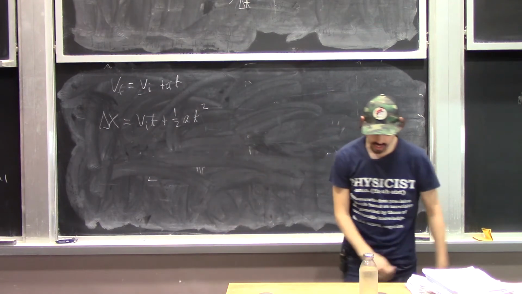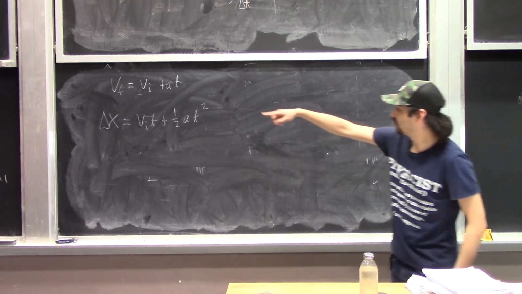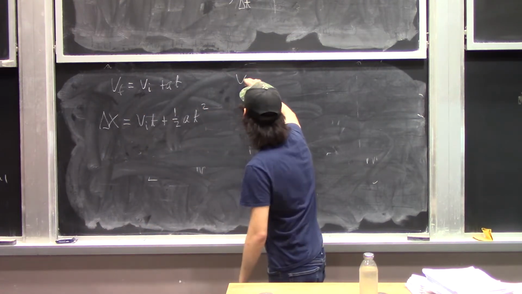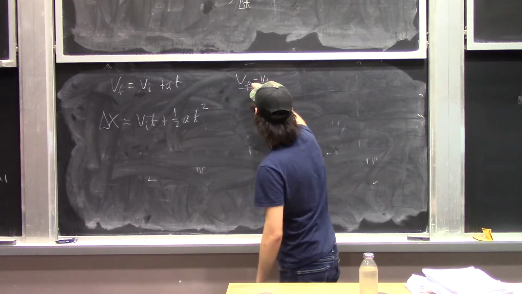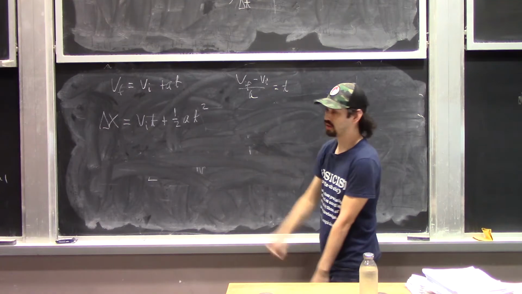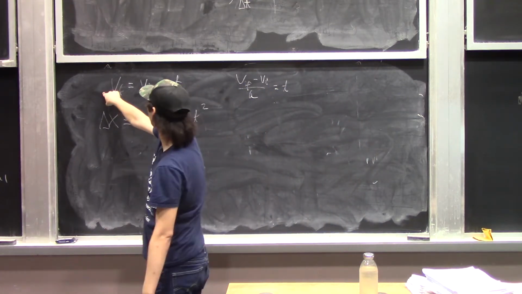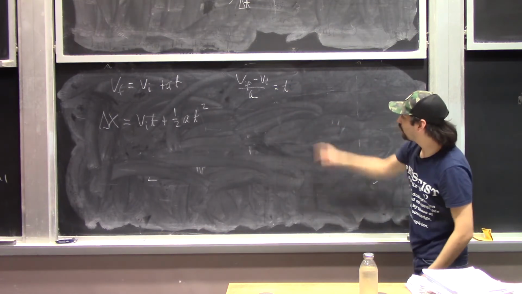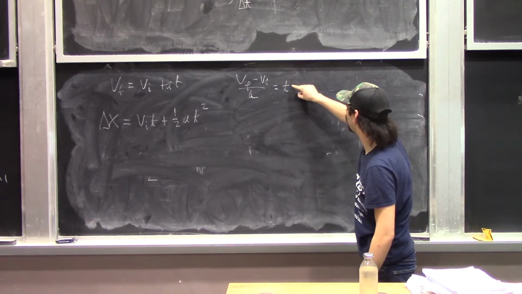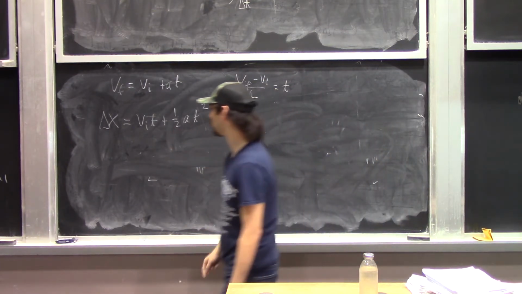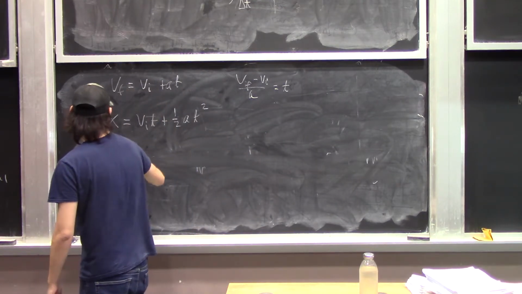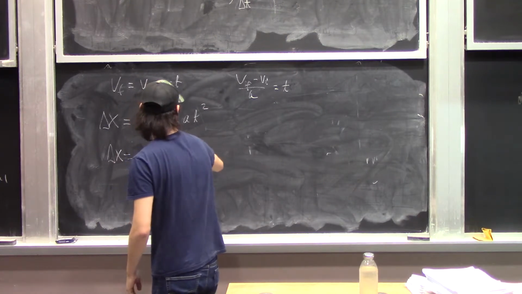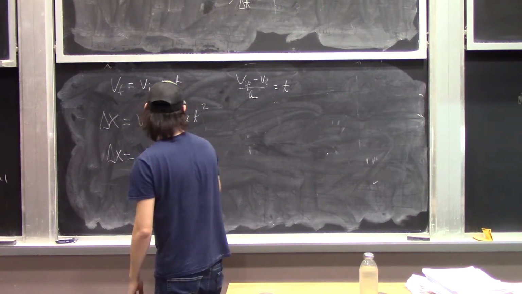Okay, so if I take equation 1 and solve for time, what I end up seeing is this is VF minus VI divided by A is equal to T, right? I move this over to this side, divide both sides by A, and I have this. So now I want to take this time and plug it into this equation. So what I have is delta X is equal to VI times (VF minus VI) divided by A